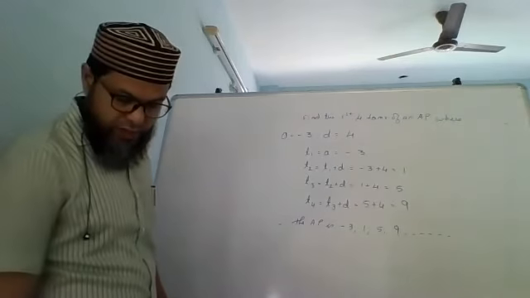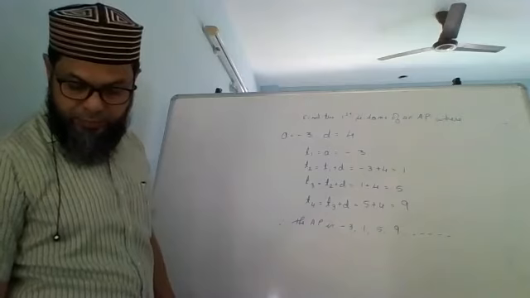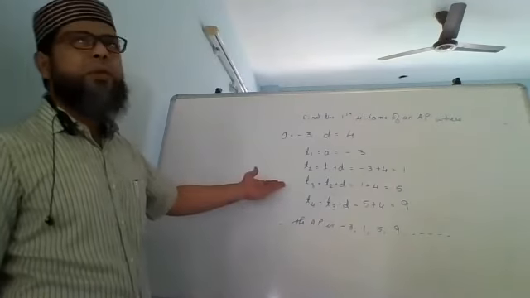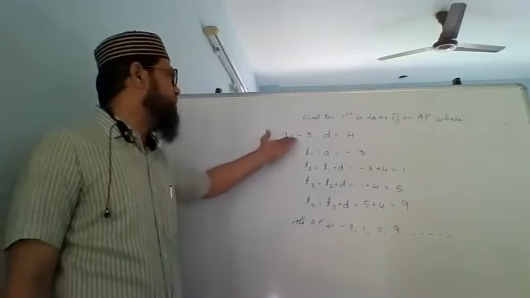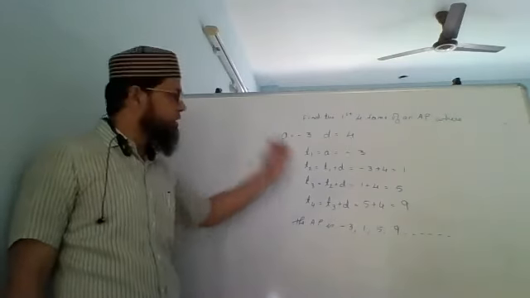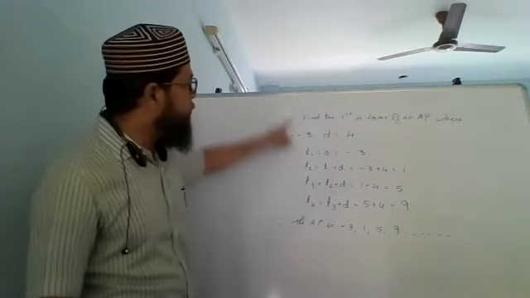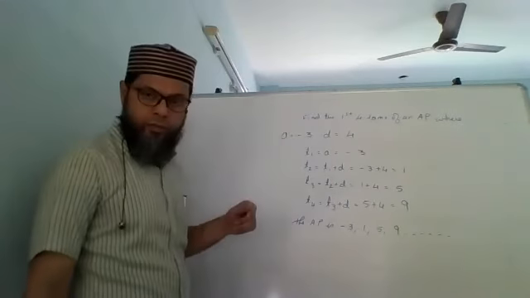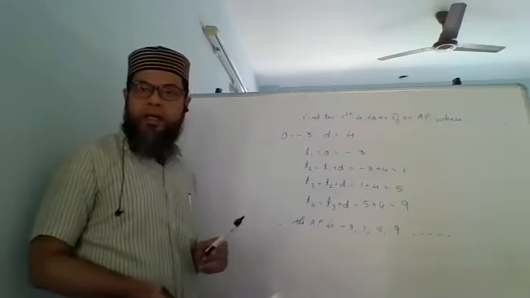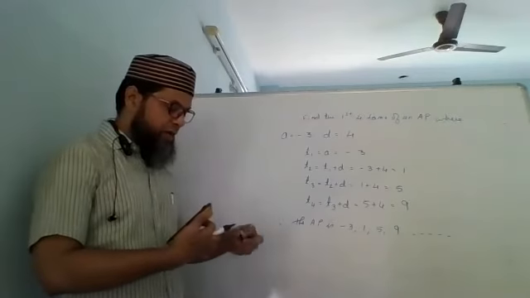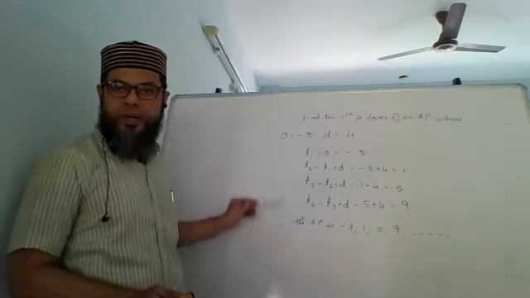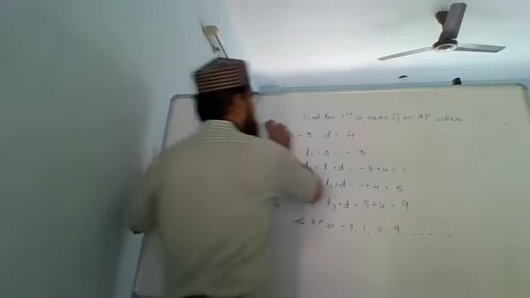Now, is it always going to be such simple numbers? More often than not, yes. Sometimes they might give you A as 500, 300, whatever. But all you need to do is just keep on adding. Now, the formula that we had, Tn equals A plus (n minus 1) D, let's see how we arrived at that formula. Is this part clear? Okay, so let's understand that.